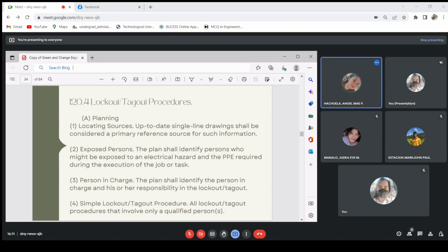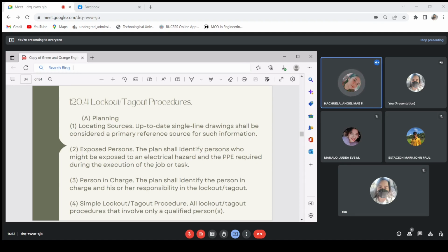Number 2 is exposed persons. The plan shall identify persons who might be exposed to an electrical hazard and the PPE required during the execution of the job or task. Number 3 is the person in charge. The plan shall identify the person in charge and his or her responsibility in the lockout tagout. Number 4 is